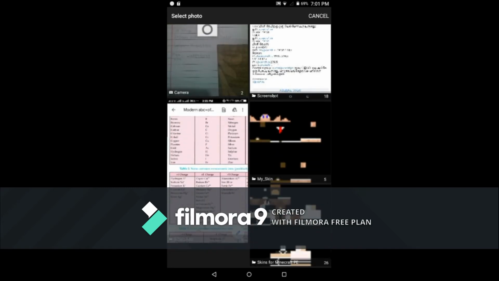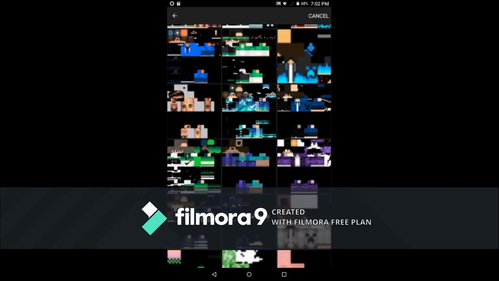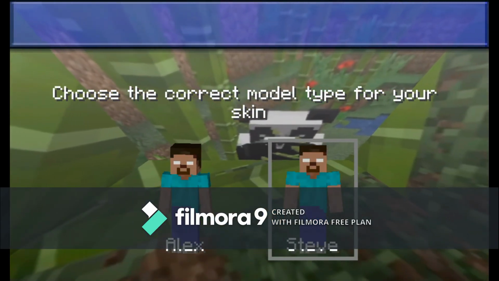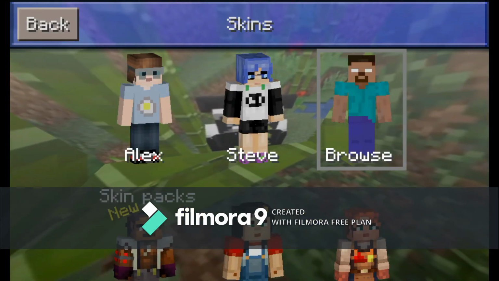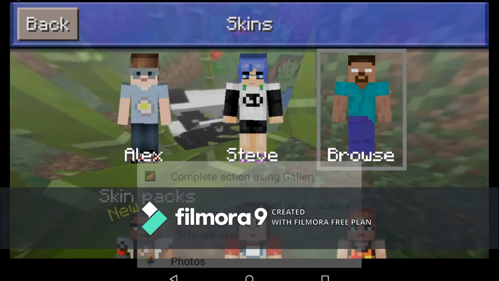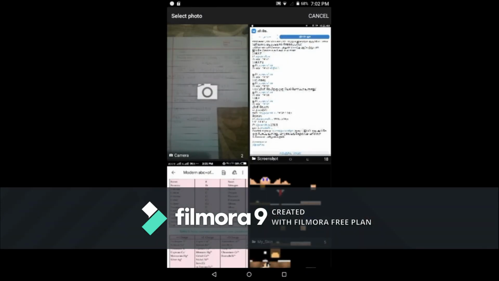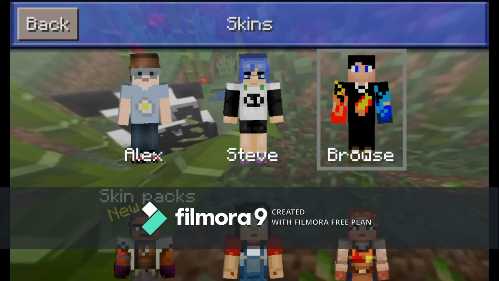So here we are at the gallery. I have got a bunch of skins. You can use these to change the skin. For example, I'll select this Hero Brand skin. Oh yeah guys, it's as easy as that. After you have downloaded your favorite skin, just pop it in and there you go. I have got the Hero Brand skin and I can change it anytime soon. Like this guys, it's just as easy as that. So let's pop back into the old skin and then we are done.